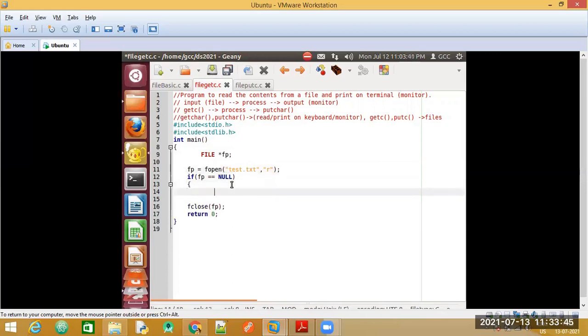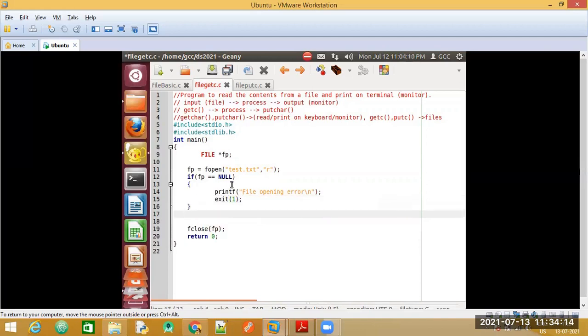If it does not exist, we need to print an appropriate error message saying "file opening error" to indicate that there has been an error opening this file. If there is an error with the file opening, we are going to exit from the execution of the program. If the file is opened successfully, then what do we need to do?